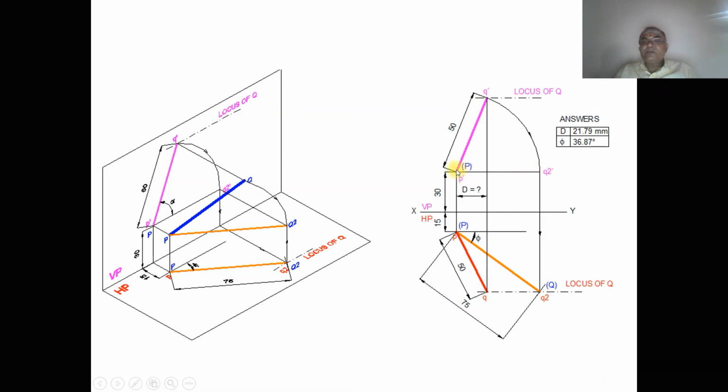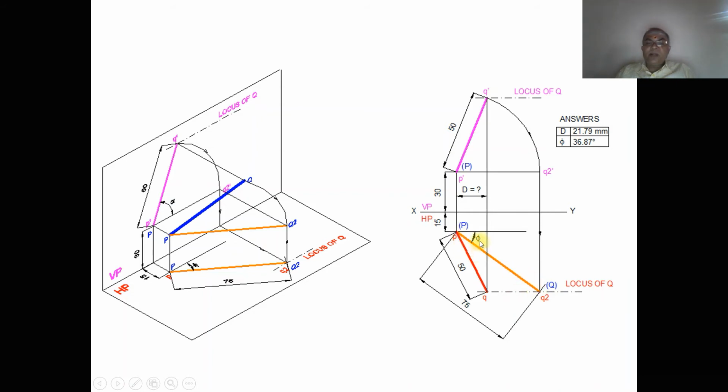That is, P dash Q2 dash should be equal to 60 mm, such that both P dash and Q2 dash are above HP by 30 mm. Then you project this Q2 dash onto the top view, with P as center. Since P dash Q2 dash is parallel to HP, obviously in HP we are going to get the true length, which is known to be 75. With P as center, taking the radius of 75, cut an arc on this vertical projector, so that you get Q2. Join P and Q2, then draw a dash dot line to find the locus of Q. Write the locus of Q. As we know that this is parallel, you get it as capital P and capital Q.